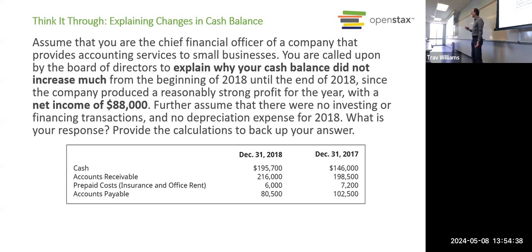Maybe it's okay because if we're selling a lot of product and we feel like we'll collect the money later, maybe that's okay. But in the meantime, that's almost $20,000 that's sitting out there uncollected compared to a year ago, and we paid down about $20,000 of debt. So yeah, it makes sense that our cash flow did not go up 88,000.